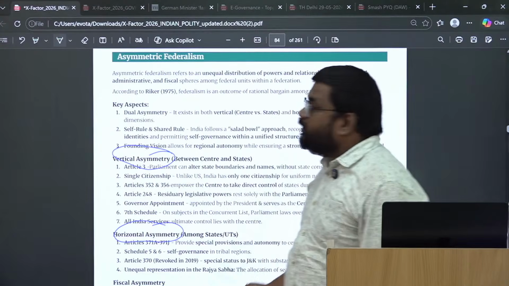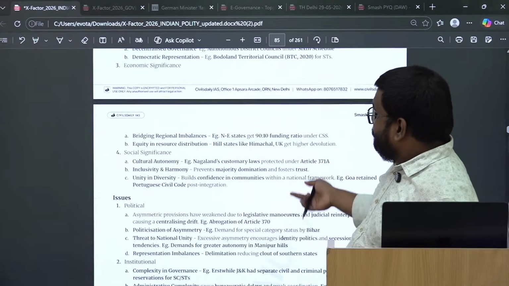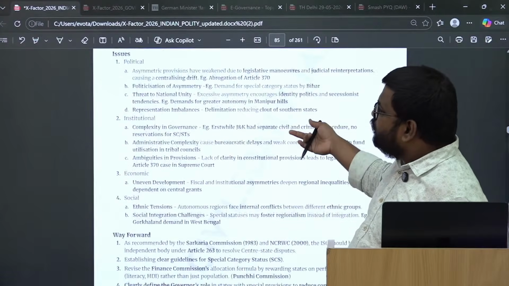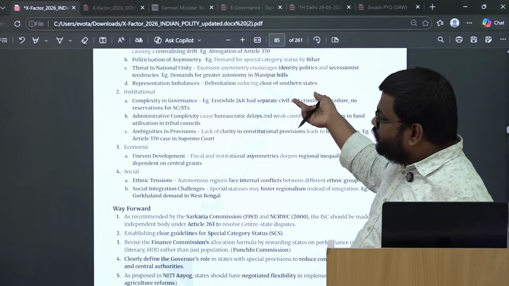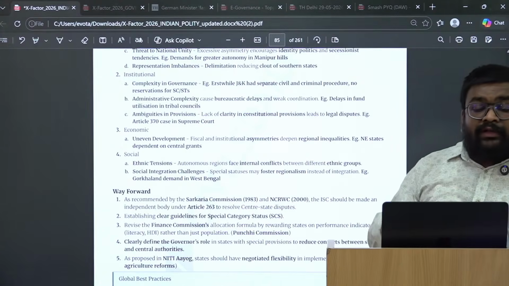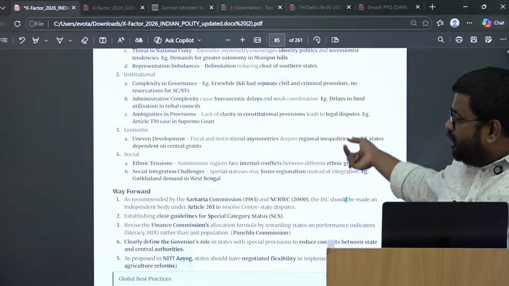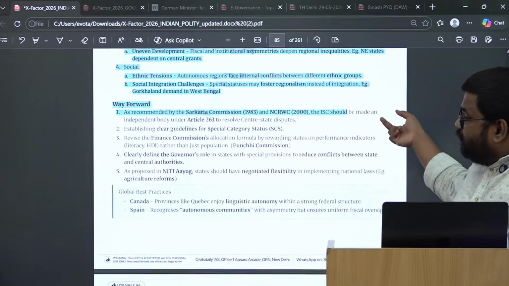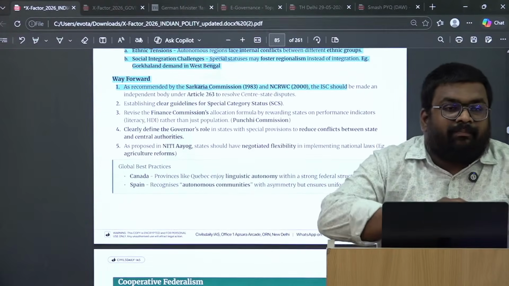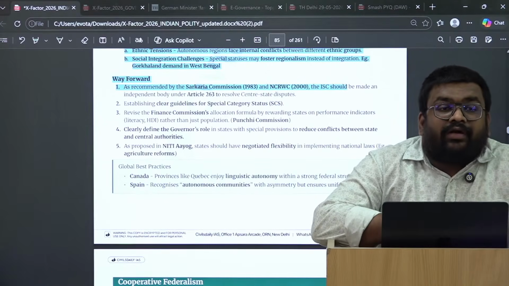So apart from the classification part, this again issues, political, institutional, economic, social, same classification. Okay. The next aspect is wherever we have specifically mentioned global best practices or state level best practices or data